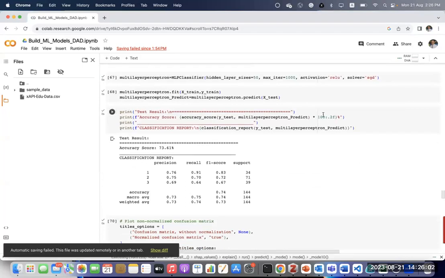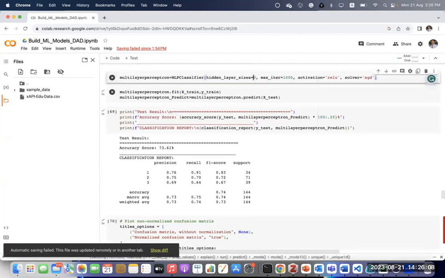So if you want to try this one, change the number of neurons to 100, okay, you just change it and run again. So it's simple. You could have just run the code directly.